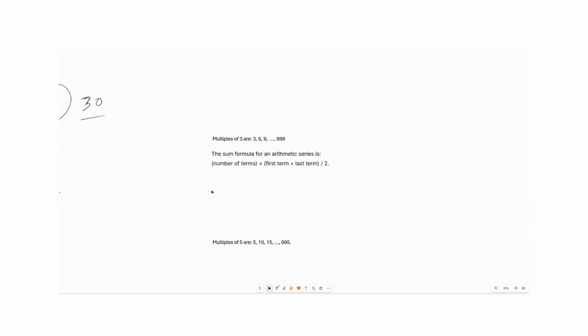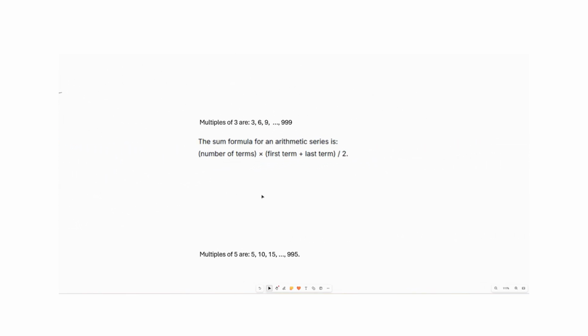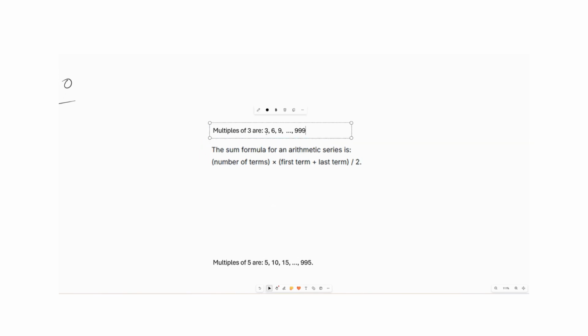Okay, here, as you can see, the series of multiples of 3, like 3, 6, 9, and then 12, 15, this way. And what will be the last, which is below 1000? 999. It is divisible by 3, and all the elements you will find are divisible by 3. So in this case,